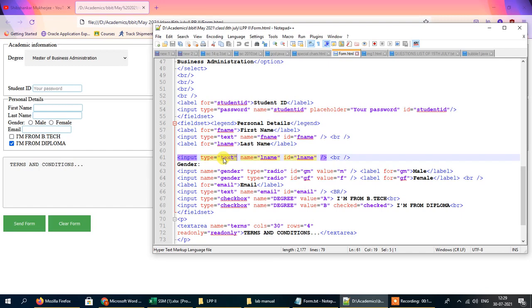After that we have something called the gender field. Gender is also included inside a label tag, you can see here, and there are two radio buttons, called radio buttons, under male and female. There are two radio buttons, one for the male and another for the female. So how to make the radio buttons?